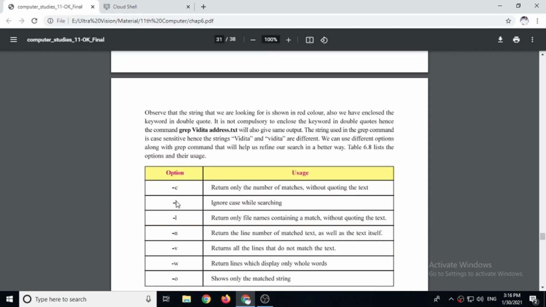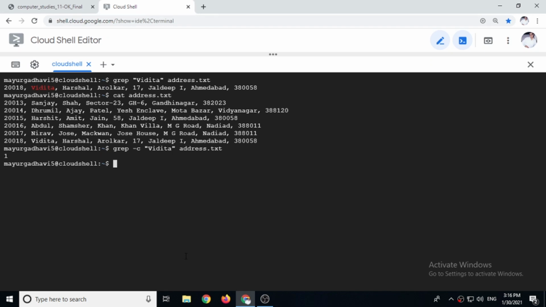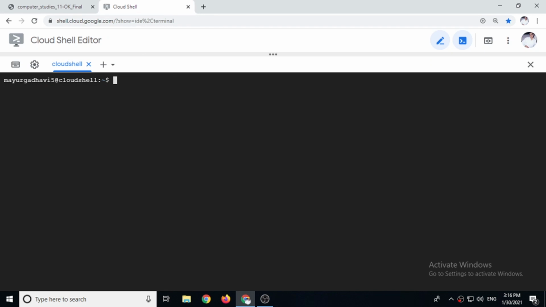Another is -i. i means ignore case. Let's see. Now the word Vidita we have written with the first V in capital. But remember, Linux is case sensitive. So if you write in small letters, then Linux will not be able to find this word.